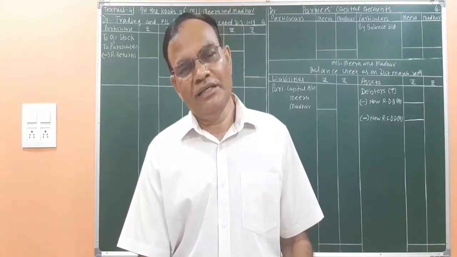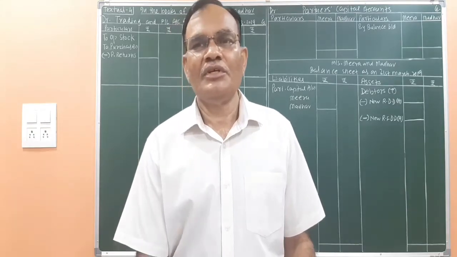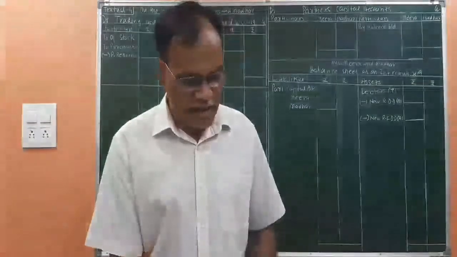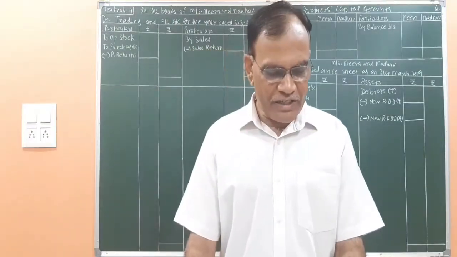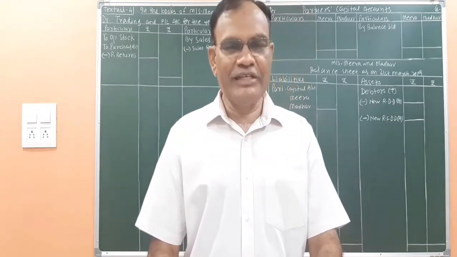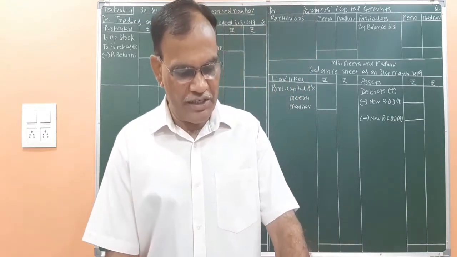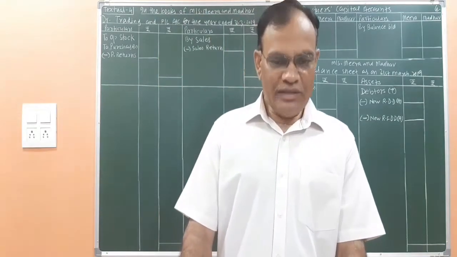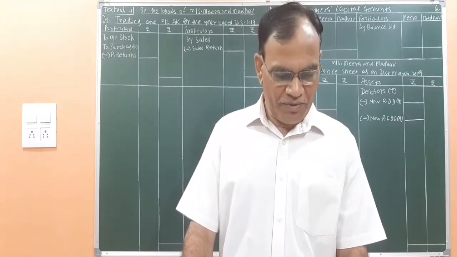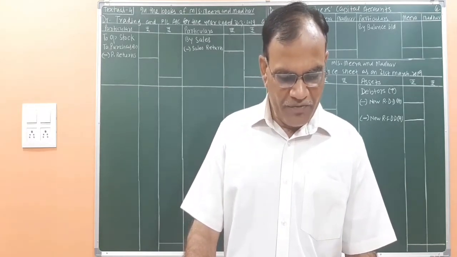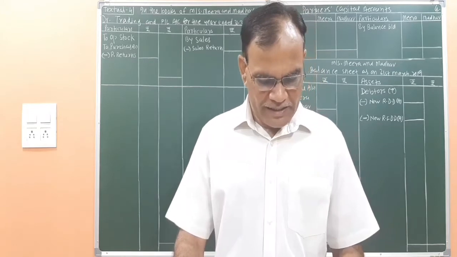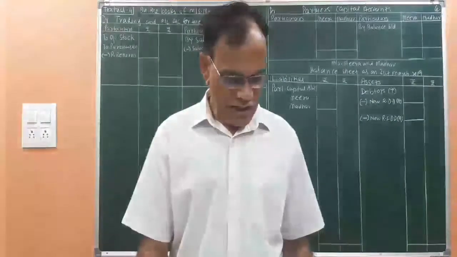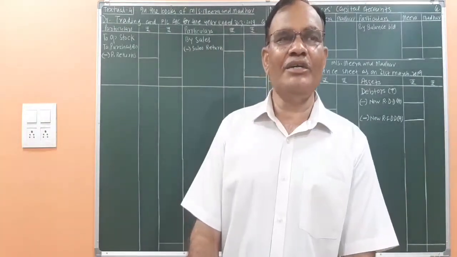Now we have to tick mark the trial balance items. As I told you, do the marking of the trial balance. So in the trial balance on debit side we have to mark the advertisement because it is a secret adjustment. Advertisement is given for 3 years starting from 1st October 2018. Then printing and stationery, there is an adjustment, so we will do the marking for printing and stationery. We will do the marking for leasehold premises because for leasehold premises there is a depreciation. On credit side, no need of marking. Okay, so our second step is over, marking of trial balance.